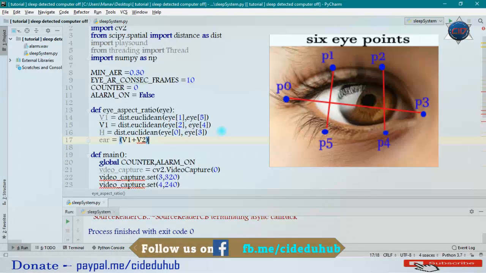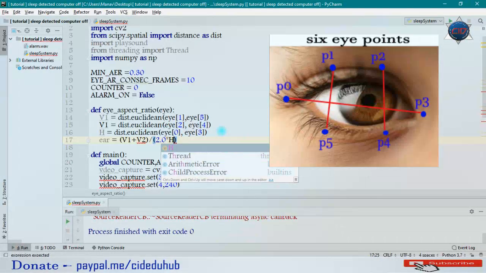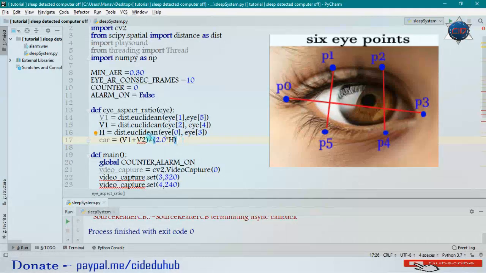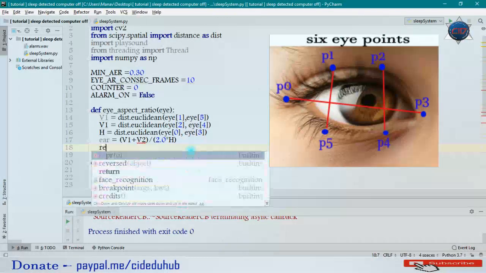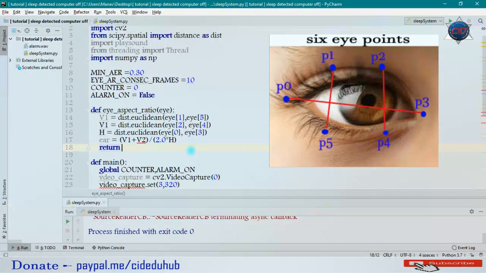Okay, and now I will just divide it by 2.0 times H. Okay, that means I will just multiply 2 to H and divide V1 plus V2 by this result, and it will be the aspect ratio. Okay, and I will just return our aspect ratio here. Okay, so I'm just returning our aspect ratio,